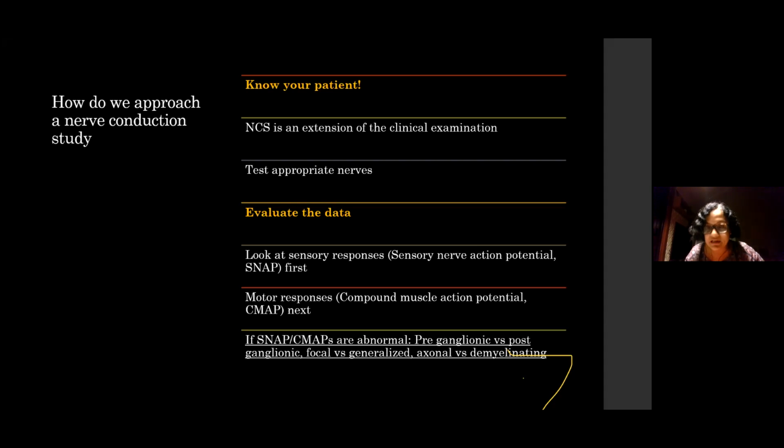Mostly it'll be a neuropathy where you'll be able to say if it's axonal versus demyelinating, or even if it is an abnormality in the response itself, you can see if it's an axonal abnormality or a demyelinating abnormality. For example, a radiculopathy will cause an axonal abnormality. It might have caused a demyelinating abnormality very proximally at the root level, which we cannot test for, but we are only seeing the result of it in your motor responses or in your EMG. Okay, so that's the way we really look at it. So localization first, distribution second, which is focal versus generalized, symmetrical versus asymmetrical, and then characterization finally, which is axonal